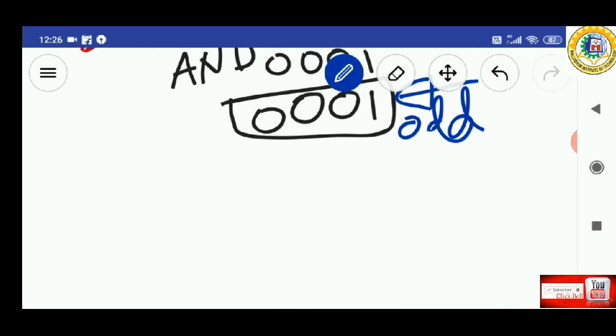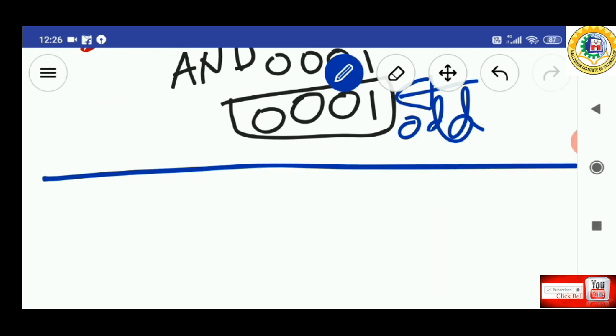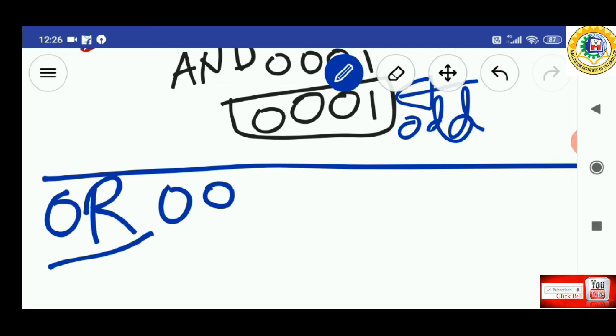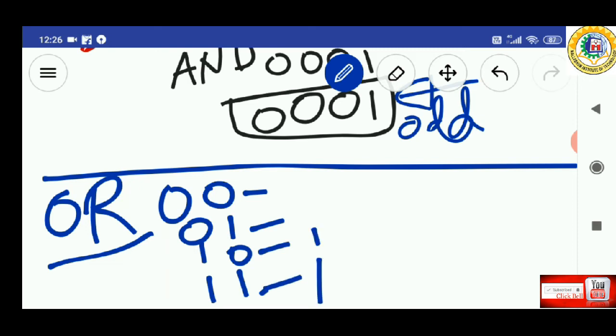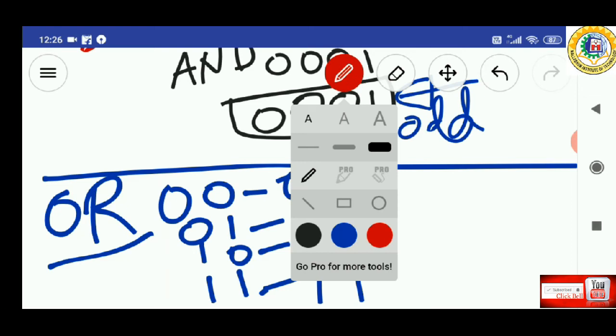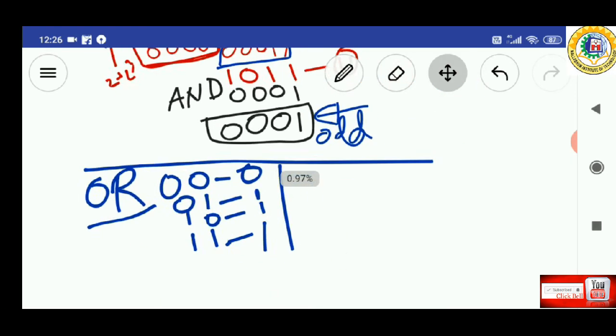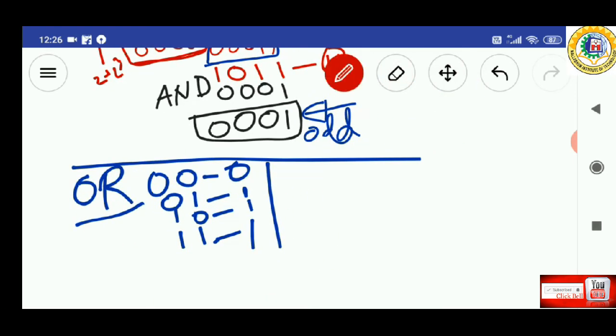Next we will study the application of the logical OR. In the case of the logical OR, the truth table is 00 0, 01 1, 10 1, 11 1, so the output is all ones except for 0 OR 0. The application may be, suppose we want to set the data in the destination.